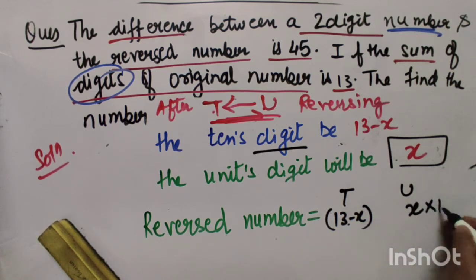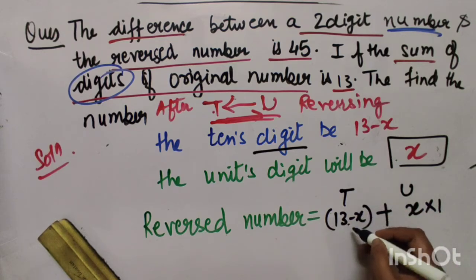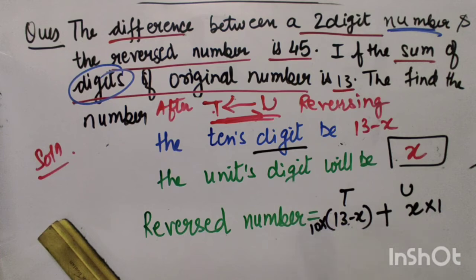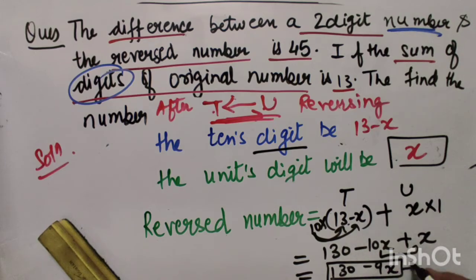So I will multiply it by 1. We will add them, and since this is a tens digit, I will multiply it by 10. By the distributive property, I get 130 minus 10x plus x. Every time we are calculating, we have to follow BODMAS. Don't forget this point. So it becomes 130 minus 9x. So now finally we got the structure of